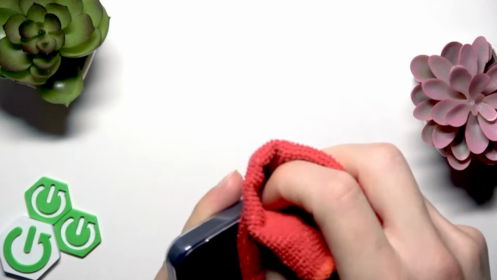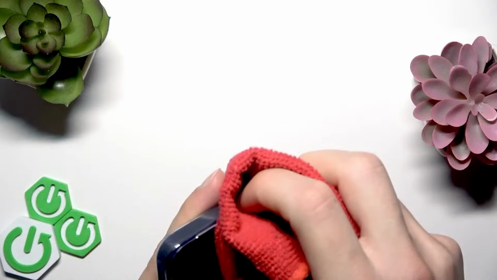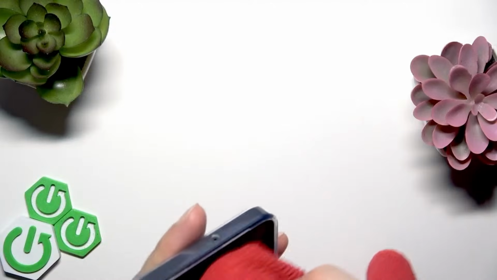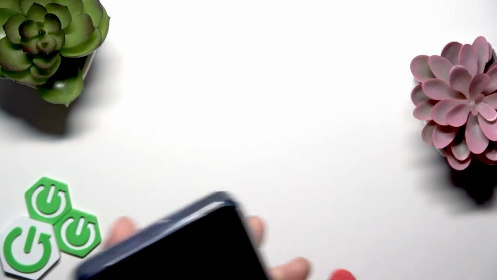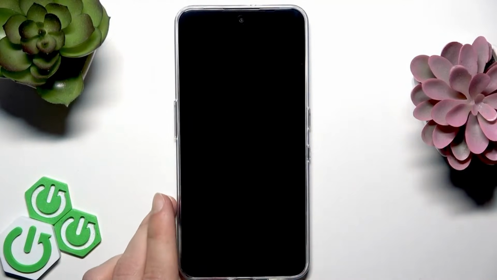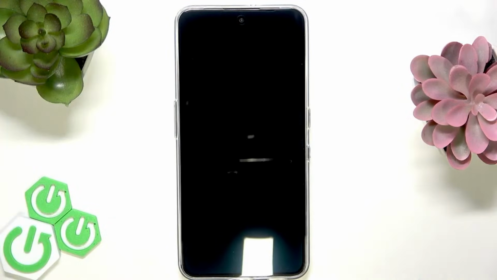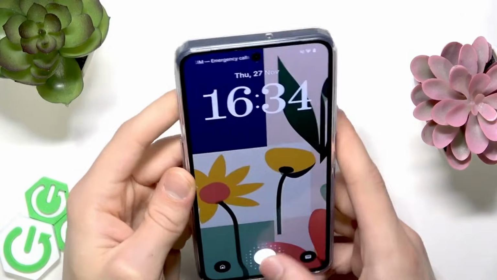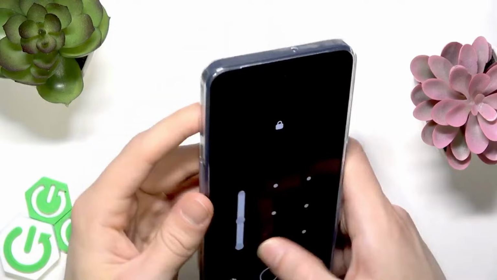And once you do that, also make sure that the lights in your room are set properly, so that your lamp or, I don't know, sunlight, if you're doing this during the day, is facing you and not your phone's camera, because this way it will be harder for the camera to see you. And also make sure that your face doesn't look too bright in the camera. So right now let me just adjust the lights in the room properly, and now we're ready to add our